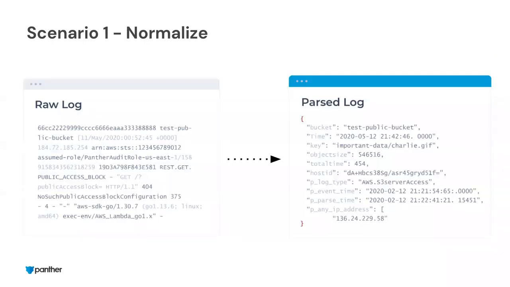I mentioned before that Panther does normalization, and the way this works is that we take whatever the raw format is on the left and we convert it into the format on the right. This does a couple of things. It allows us to write our detections because now we have keyed attributes for our logs. So now we can say bucket instead of having to do a substring match or something kind of painful